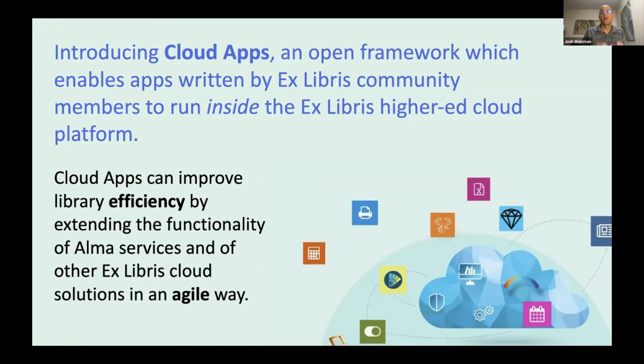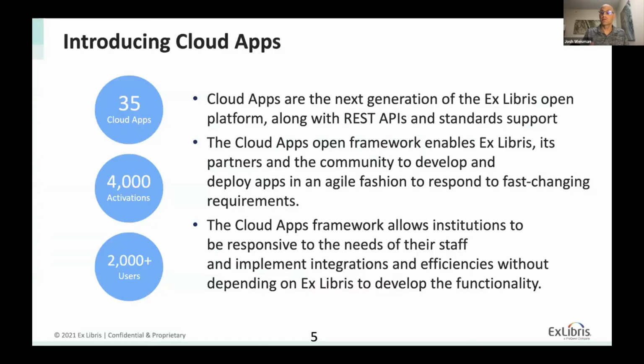So you can write an app, make it available in the App Center and within Alma, and then your end users don't need anything to install it. They can just activate it, and we'll see that, of course, and they can make use of it without having to create an API key or any type of runtime environment. The nice thing about cloud apps is that you have access to all those 200 REST APIs. You can also get data from other locations, share data from Alma, or pull in outside data, as you saw in one of the example apps in the previous presentation.